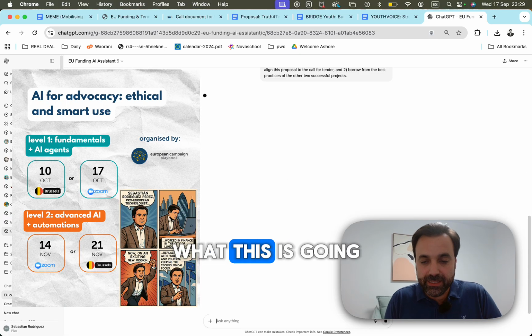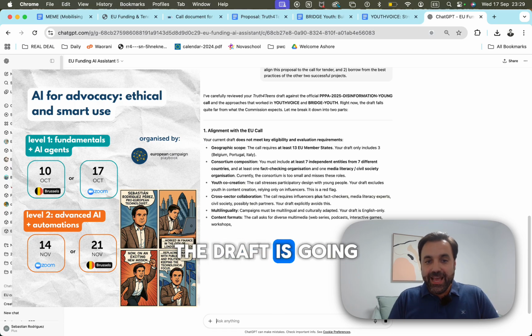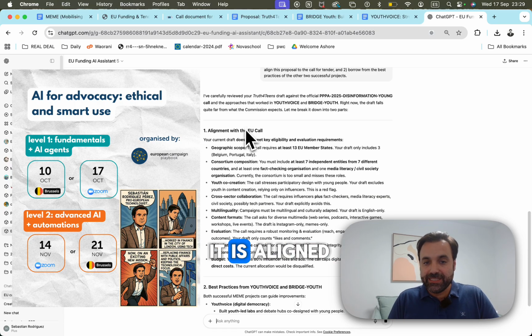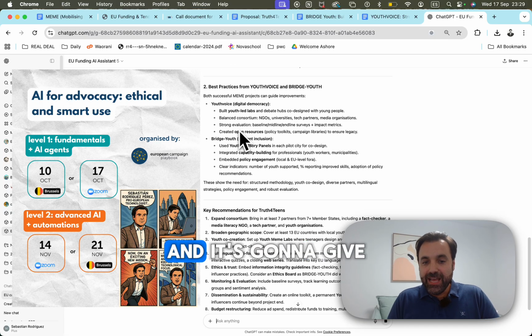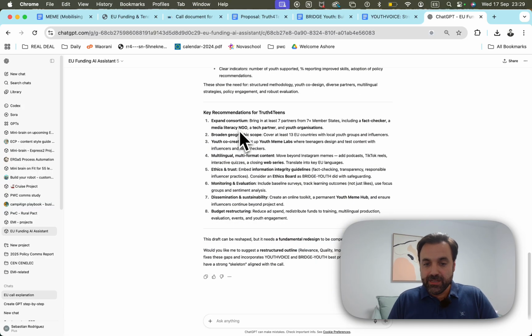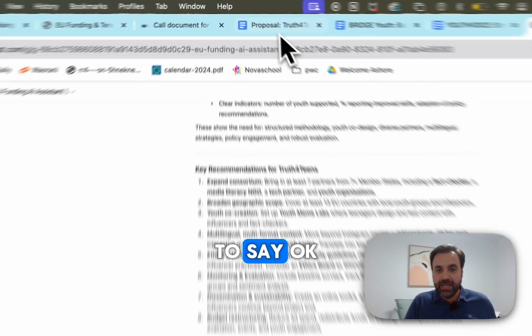Then what this is going to do is carefully review the draft, see how well it is aligned with the EU code, also look at the best practices, and give you recommendations. And then what you can do is start working section by section to say, okay, for